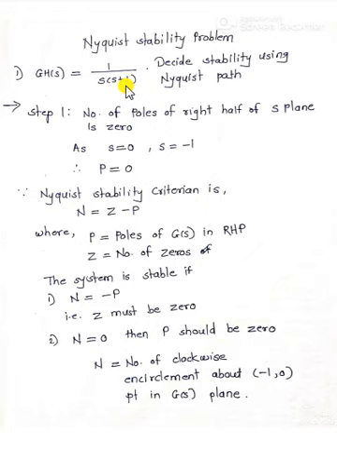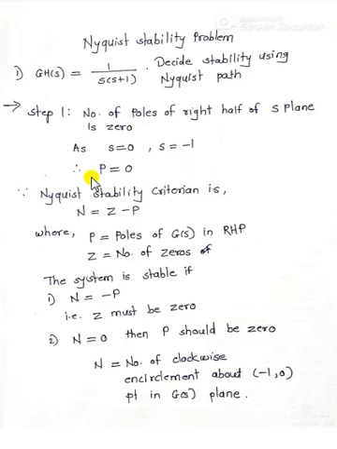Then by solving this we get s = 0 and s = -1. So there is no pole lying in the right half of the S plane, so P is equal to 0. Why? Because the pole at 0 exists at the origin, and -1 indicates the pole is in the left half of the S